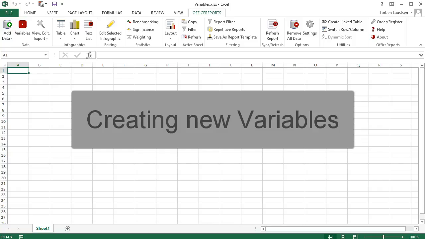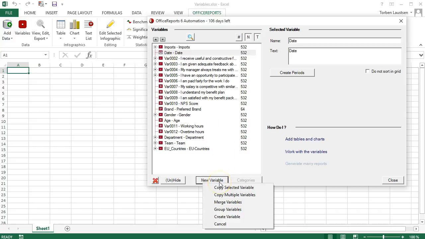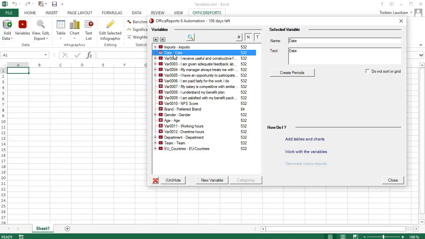The Office Reports variable window includes a variety of features to create new derived variables. This can be necessary in order to calculate and produce the needed information in tables and charts. The button New Variable contains a number of features to create derived variables, but also the variables include shortcuts to